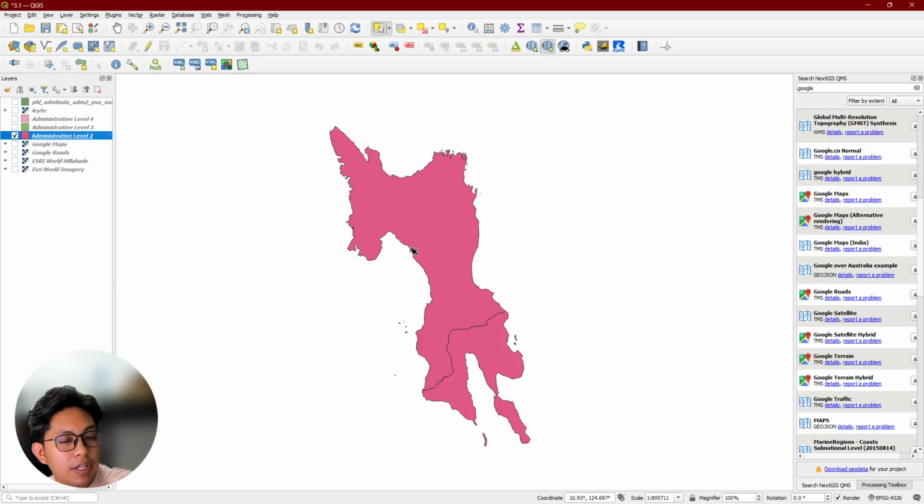So, now that we have our vector, I know that it's now my admin map. I want to add more to my map. I mean, what we want in a map is for it to be visually appealing. But what we want is for it to be aesthetically pleasing. We want it to be presentable.